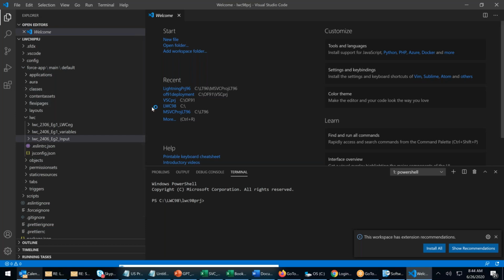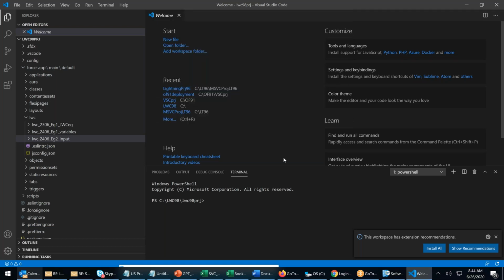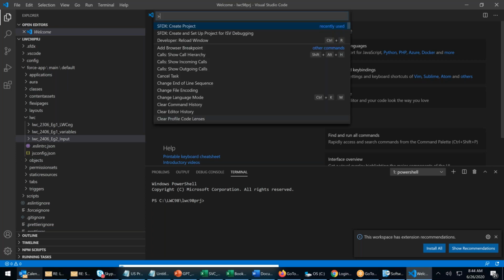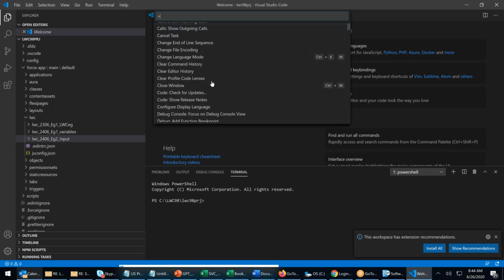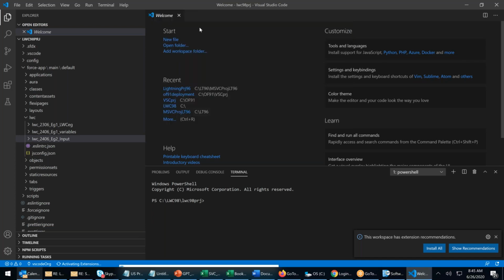Let's say Control Shift P. Still the things are not loaded, so that means it's taking time to load. Let's wait. The system is loading. Control Shift P, SFDX. The first thing I will do is authorize an org.